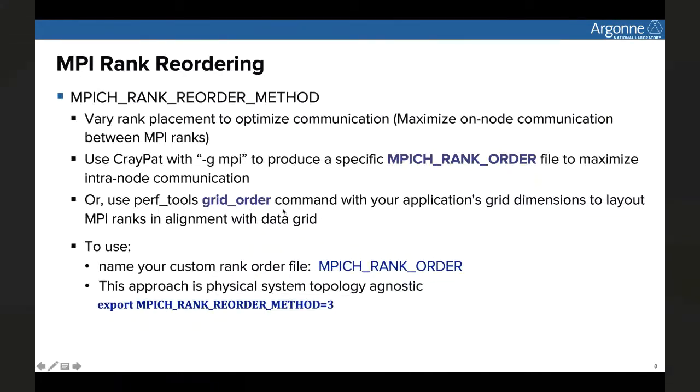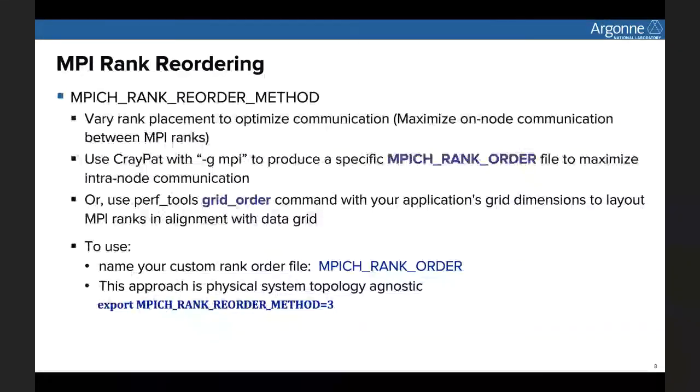Now the grid_order command also could be used to see what is the new placement that you could use. It will generate the mapping between the ranks and the topology that is given to the job.